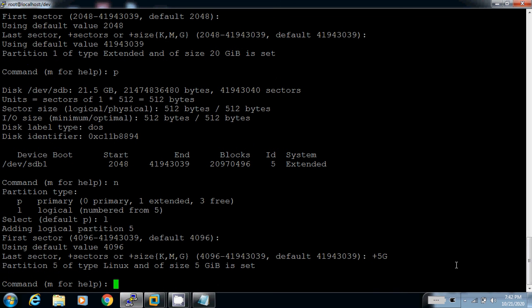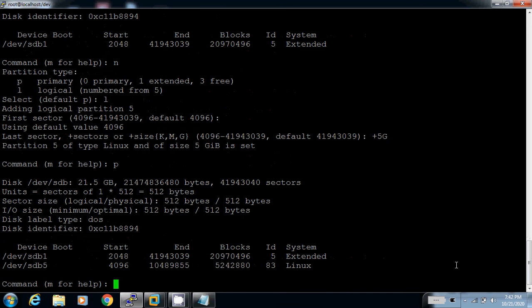Now the partition is created. I check with p. Now see, sdb1 is extended, and sdb2, 3, 4 are reserved for primary, and this partition is sdb5. This is logical. Now a 5 GB partition is created, /dev/sdb5.